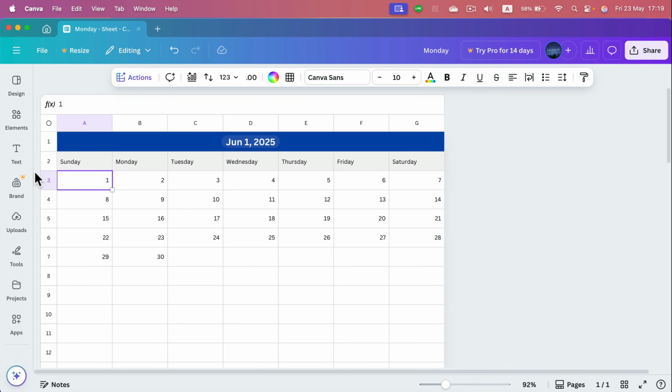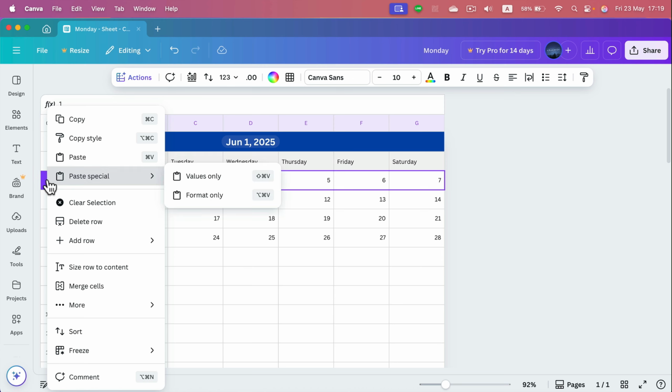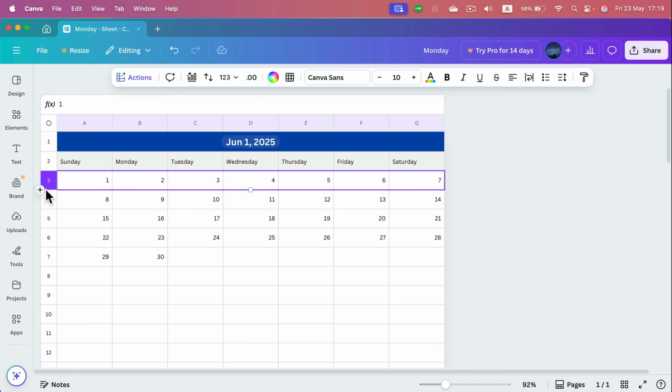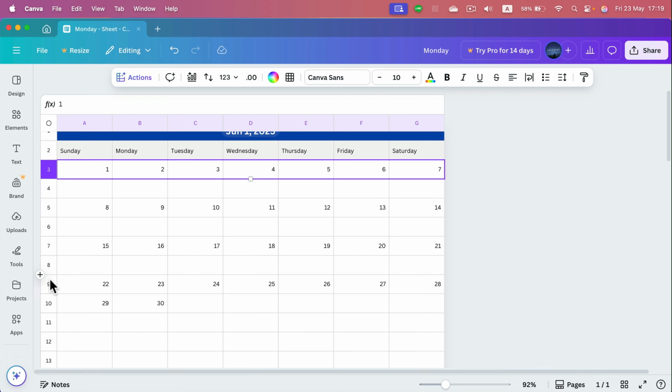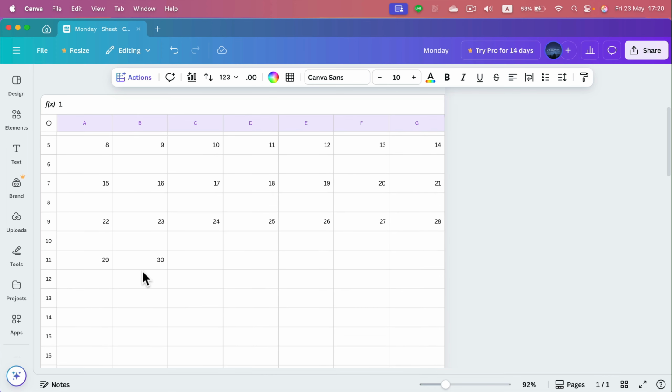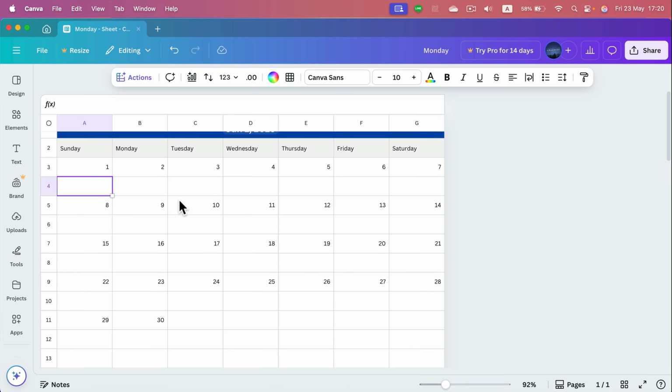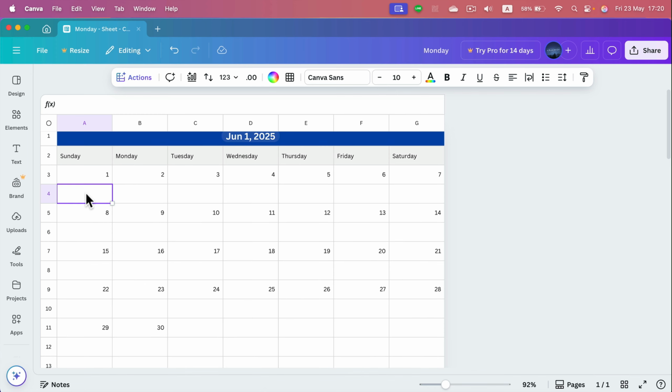And what I like to do, I like to insert blank rows in between those rows. So I add a blank row below the first week. You can just hover your mouse on that row to see this plus. This plus allows us to very quickly insert additional row. Okay, and now I got this extra space to write down my to-dos or making some notes,